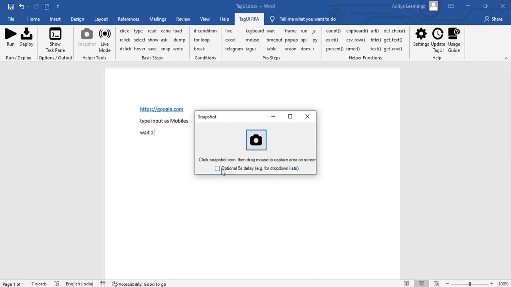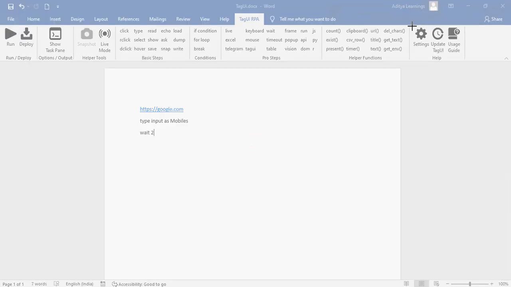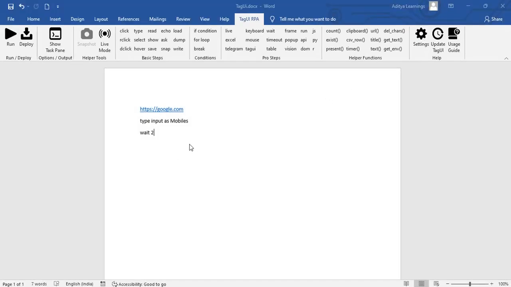If it is a drop down, you can have a 5 seconds delay to take the drop down value. If you click here, you can select the area where it needs to click, like this, and it will be given here. For now we don't need it, so let's delete it.